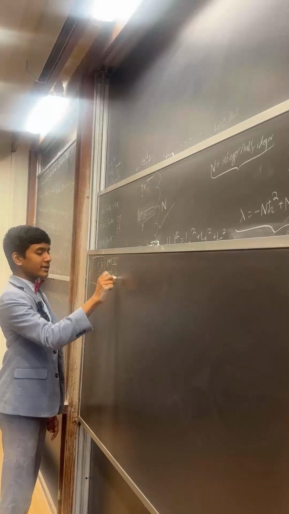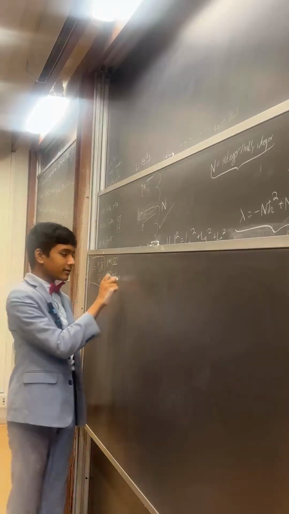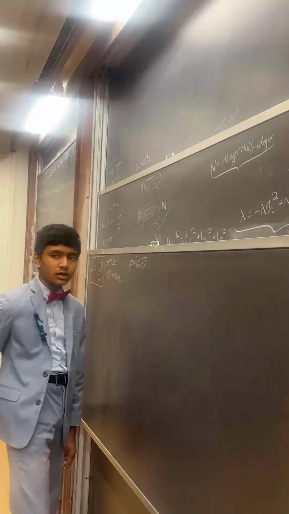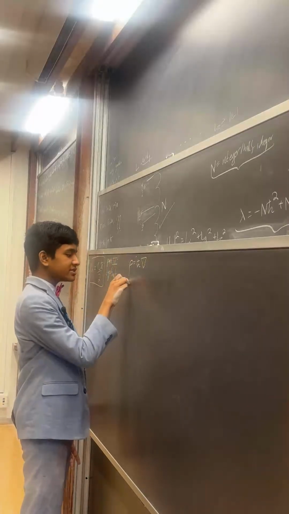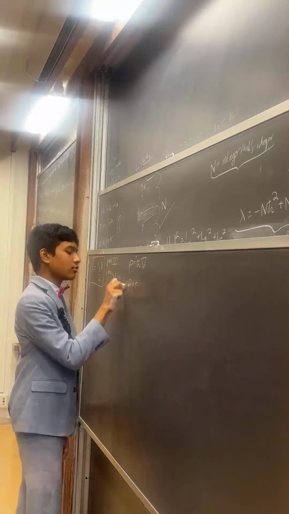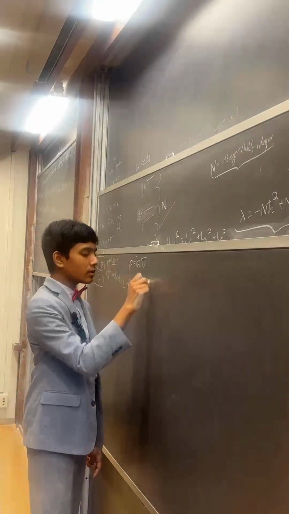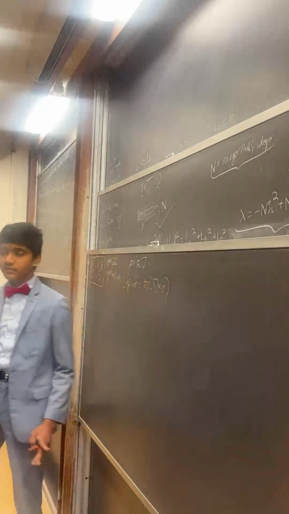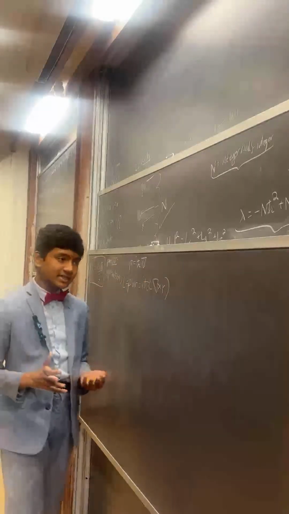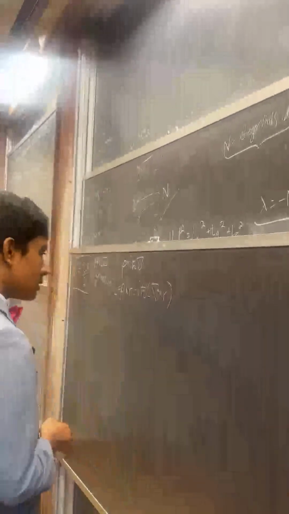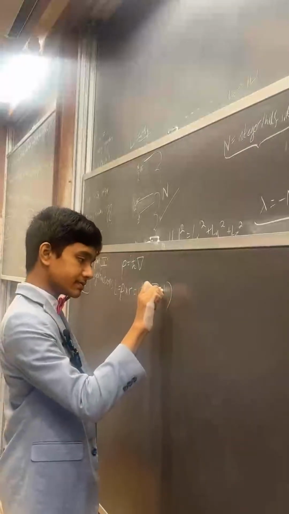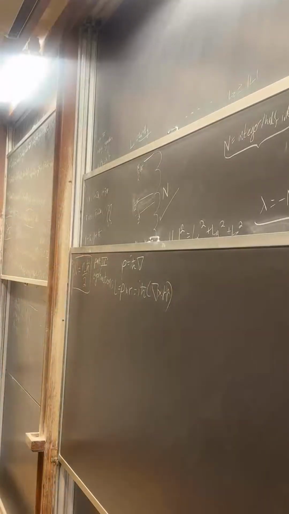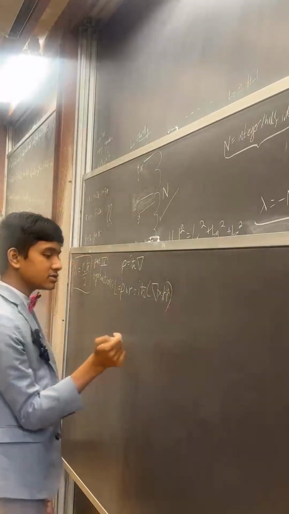So I want to start this with a callback to what I said. P is basically just i h bar nabla. So then, that means P cross R, which is angular momentum, is just i h bar nabla cross R. Now what I'm going to do is convert to spherical coordinates, which sounds like a dumb decision, but we don't have many other choices. So R becomes R the scalar times R hat, the unit vector. Expanding this out gives us